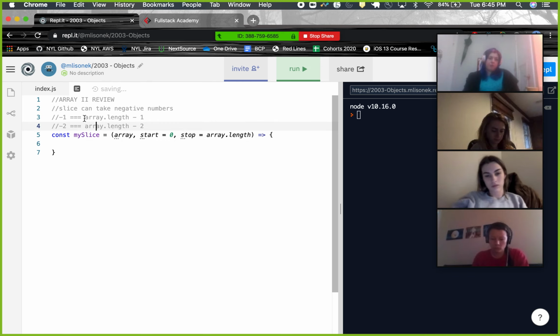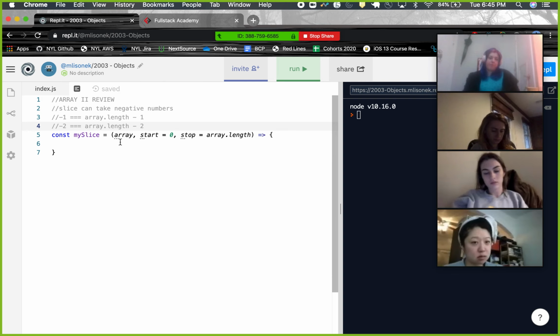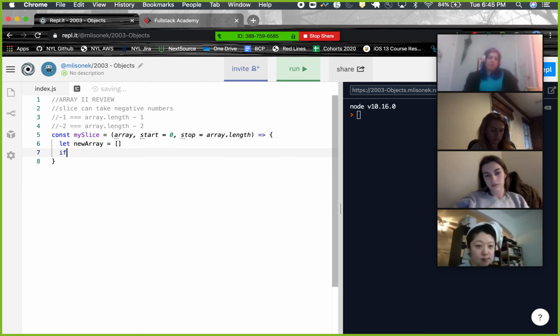So if I set this up like this, then I can start handling these numbers. So yeah, this can take negative numbers, right? But I know that we're going to have to be doing some kind of loop, and we're going to have to make let newArray equal an empty array, and we have to push everything into here, right? Because slice returns a copy. Slice returns a new array. So what if we just said if start is less than 0? So if it's negative,